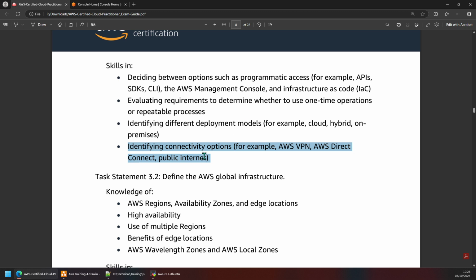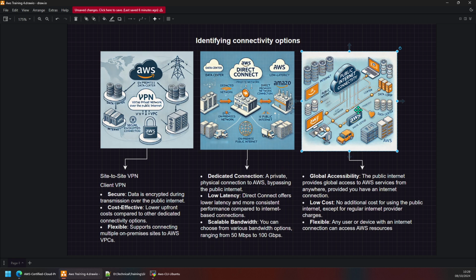If you don't have connectivity, you cannot actually work with AWS or use any of these methods, because you don't have the connectivity to do so. So firstly, you need to think about the connectivity. In our situation, we have used the public internet over here,